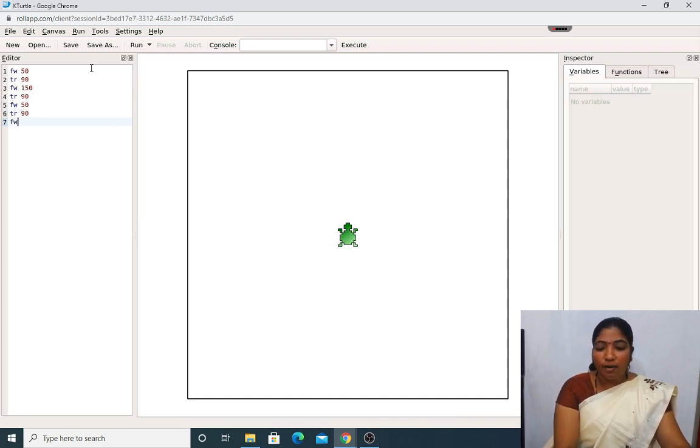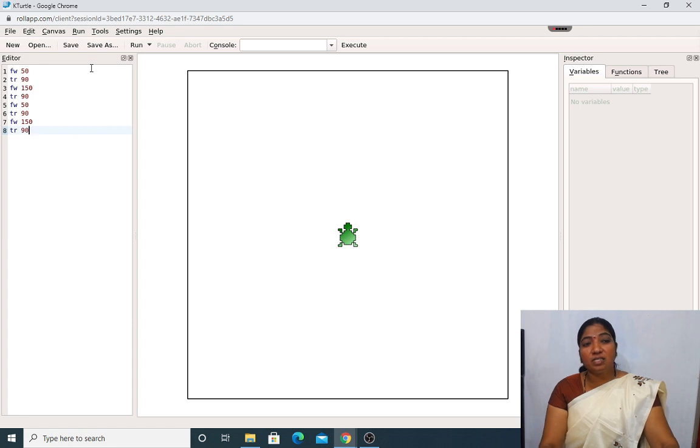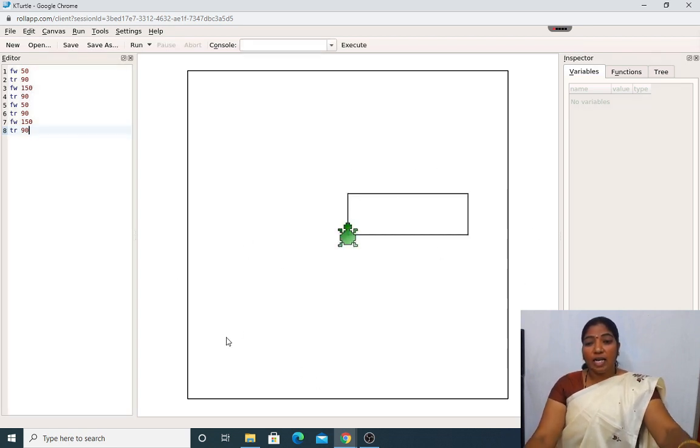After that, FW forward 150. After that, TR 90. After this, what actually happens, my dear students? Just concentrate on the turtle, I will press enter or the F5 button. Did you notice it? The turtle has created the rectangular shape.